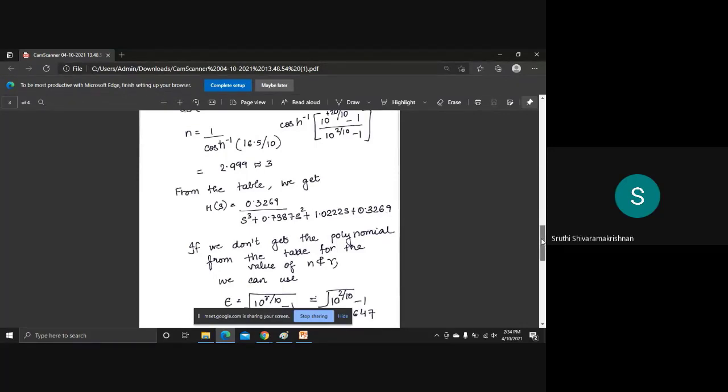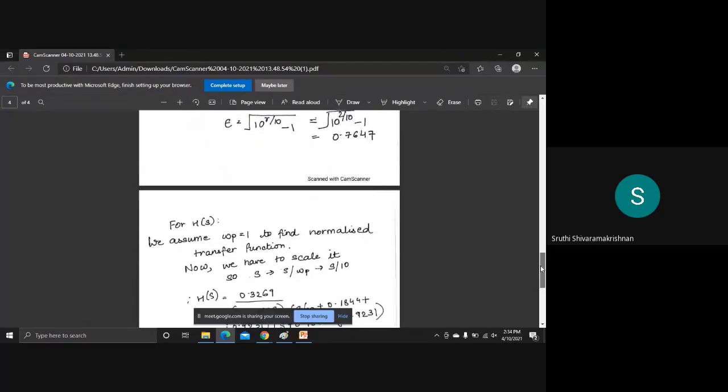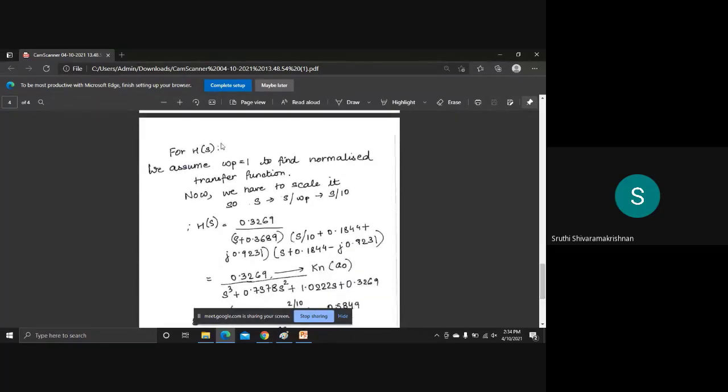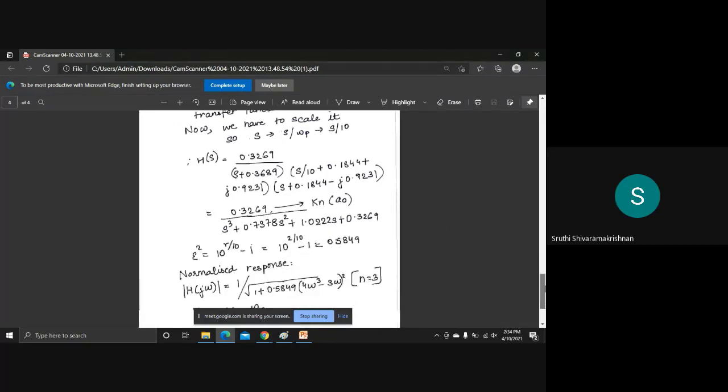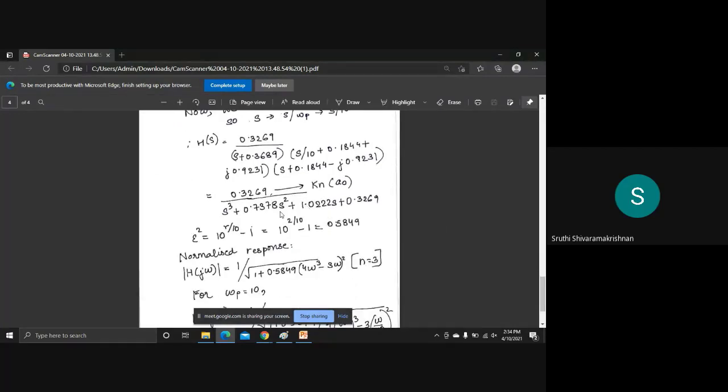So we get the numerator term. Then we find the transfer function. First we assume omega p is equal to 1 for having it normalized, but then we scale it so that we can find the resultant transfer function. So we have found all these things.